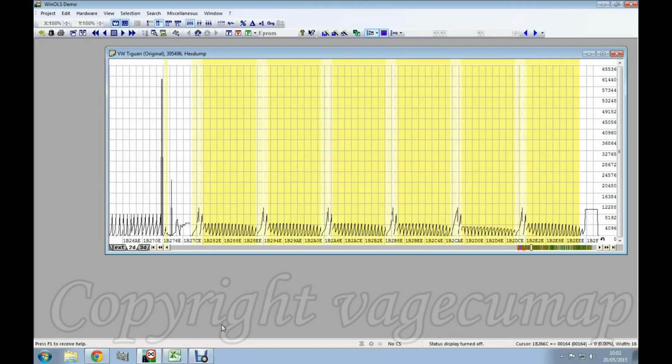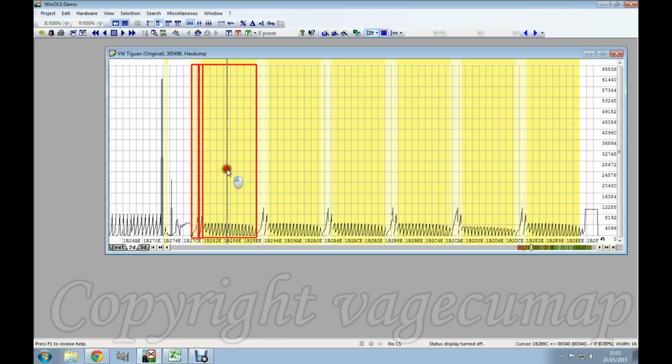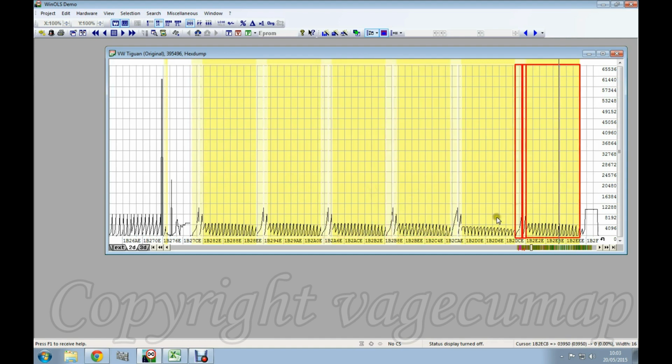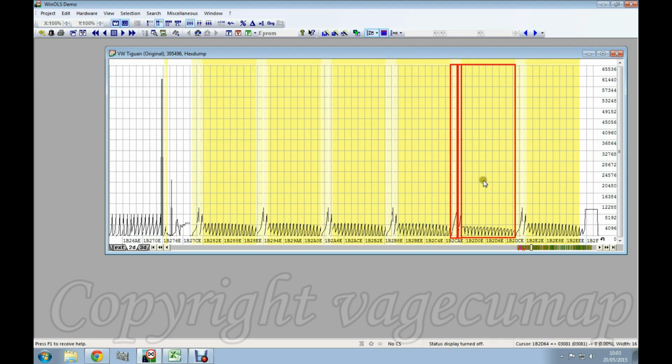Okay, in this video I'm going to take a look at how we might remap a reasonably typical EDC 17. I've got the same VW Tiguan file open that I've used in previous videos. I've opened it roughly at the driver's wish map area, so we've got what is probably driver's wish map 1, 2, 3 and 4, possibly reverse, and I suspect that may well be all-wheel drive or four-wheel drive.